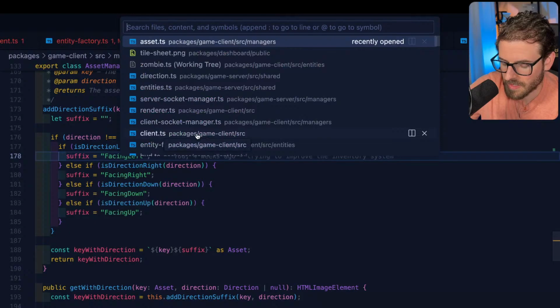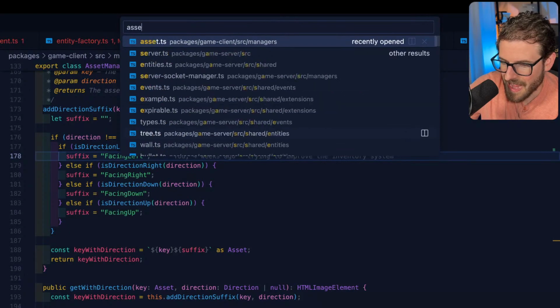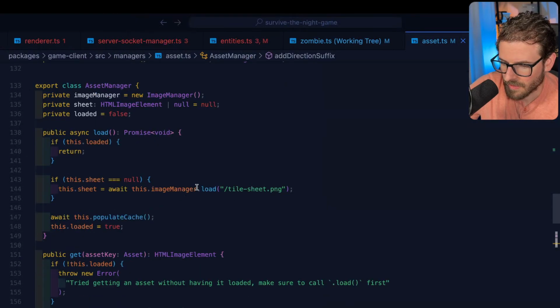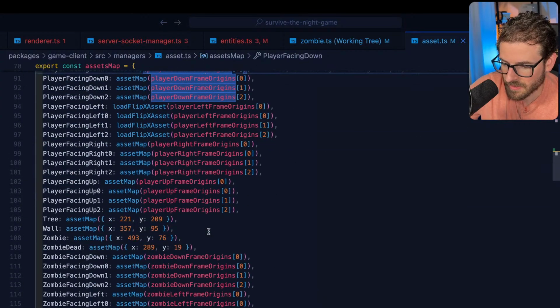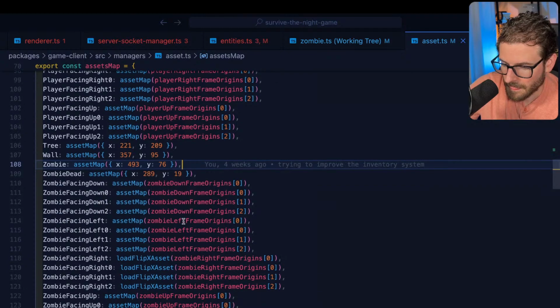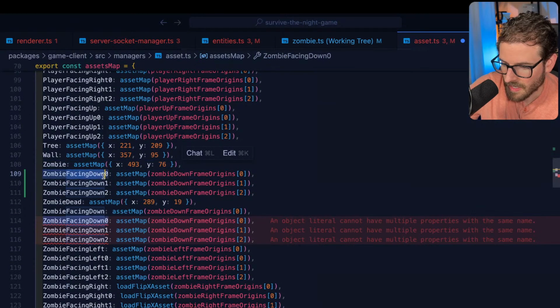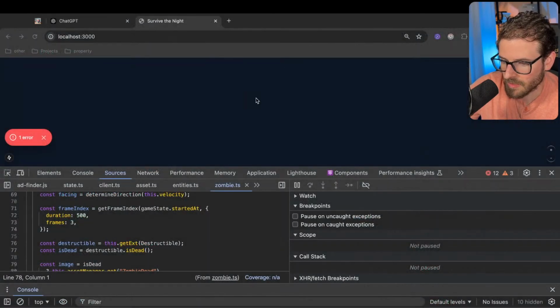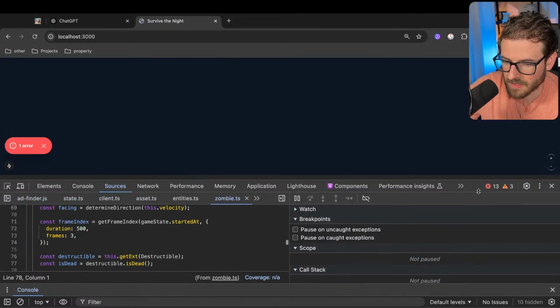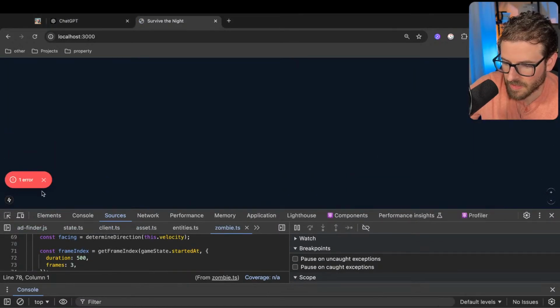And I know I could do a quick fix hack right now. If I go to the assets file, and then where's my giant lookup map? I could get this working just by simply saying, grab these, zombie down, paste this in, and then we'll have assets loaded for that, and it will not crash anymore. But that's just not the fix. I just don't think that's the fix.